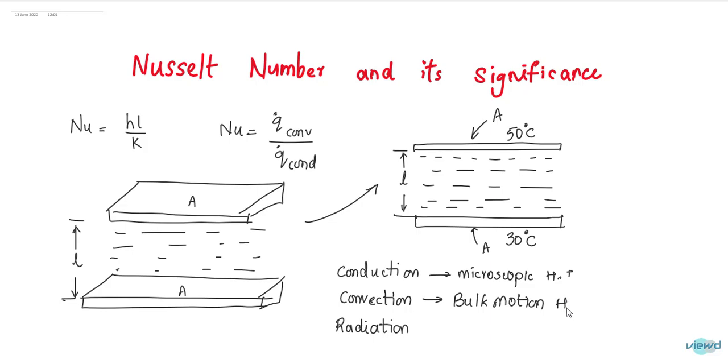That means the total fluid will be moving and that causes the heat transfer. Then what is radiation? Wave heat transfer. It travels in the form of electromagnetic waves, so that heat transfer occurs. No molecules or medium is required for heat transfer through radiation. In conduction, the total mass of the medium will be stationary, but heat transfer occurs due to microscopic movement of the molecules.